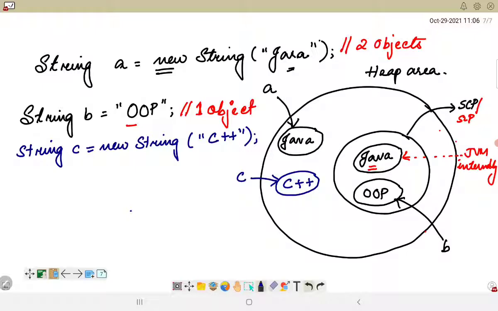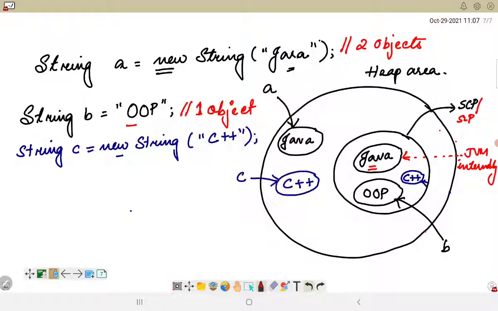Now at the same time, since I'm creating a new object, I will also have another object here with the literal name C++. Sorry, no, this will not be referenced using C, because this will be maintained internally by the JVM.